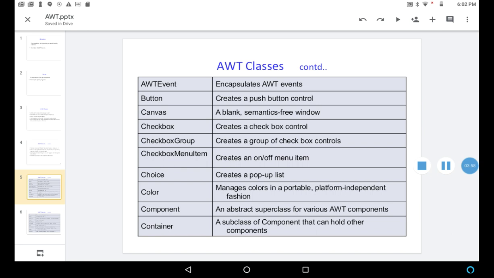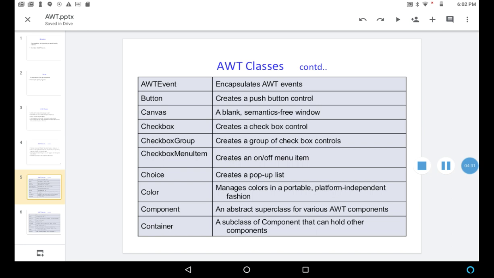Component class is an abstract superclass for various AWT components. You should remember, component is an abstract superclass, which means there is no implementation for the methods. Another class is container, a subclass of component that can hold other components.